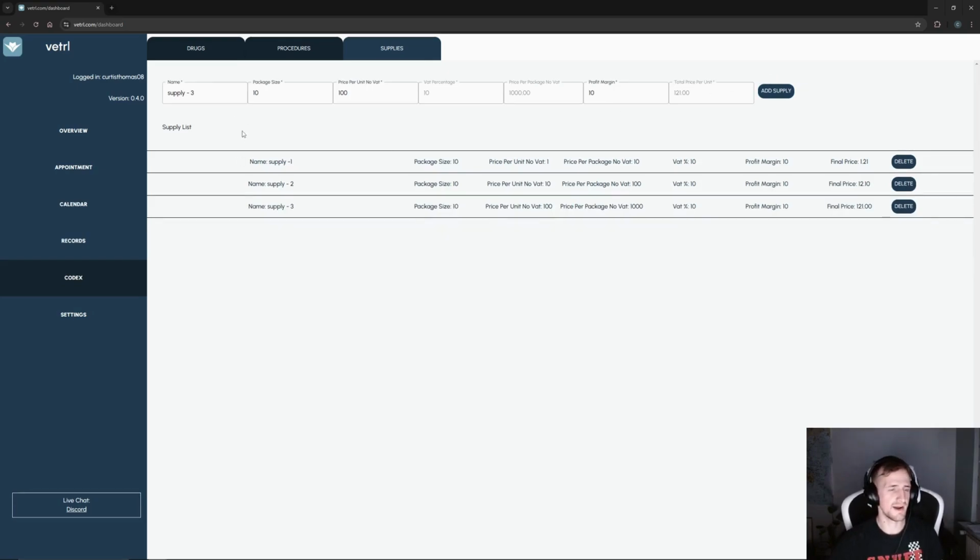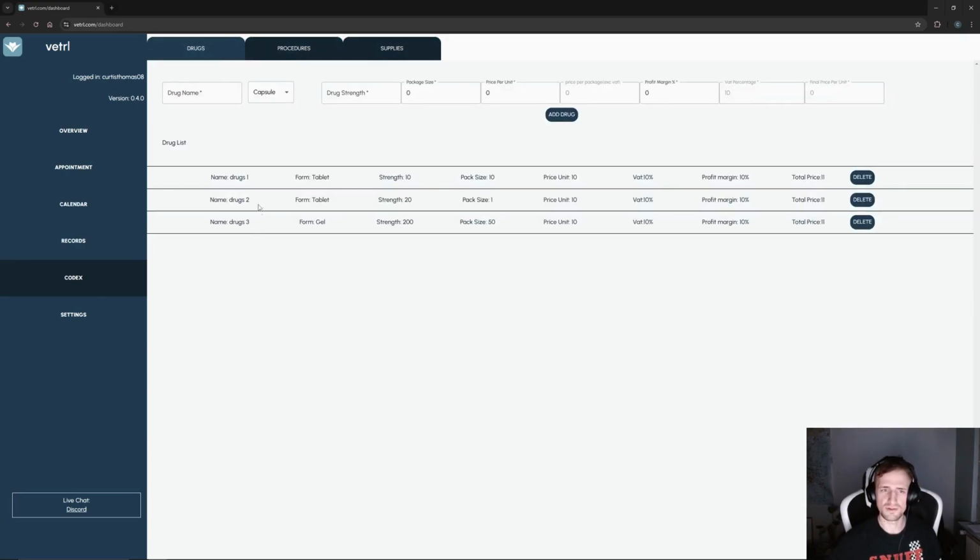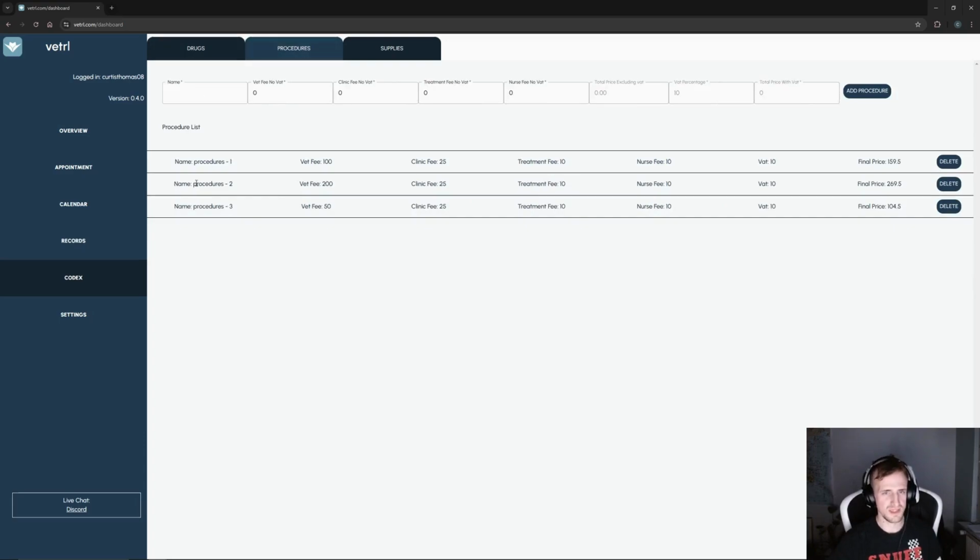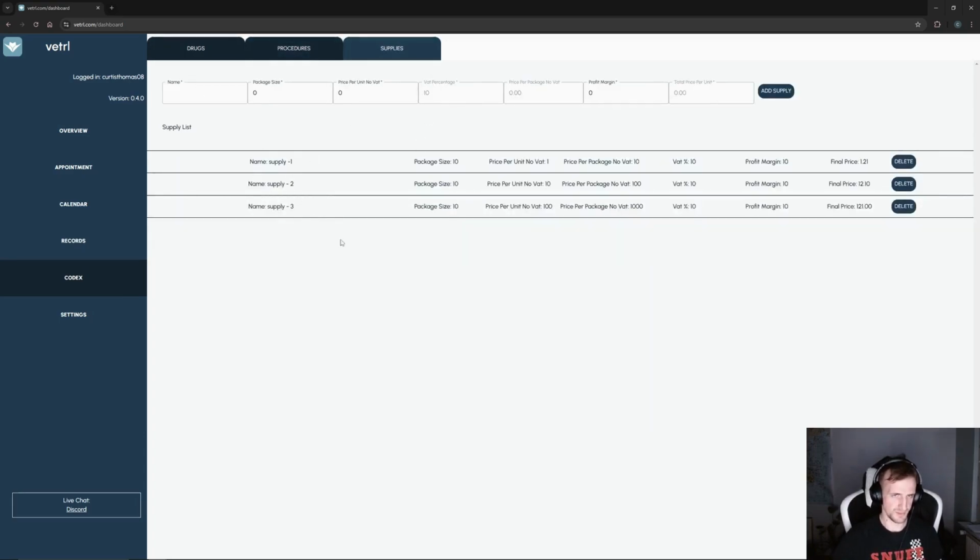So we've got our Codex, the basics set up now. We've got drugs, drug 1, 2 and 3, procedures 1, 2 and 3, and supplies 1, 2 and 3. So now we can go on to